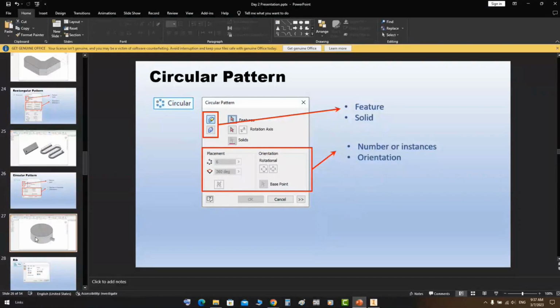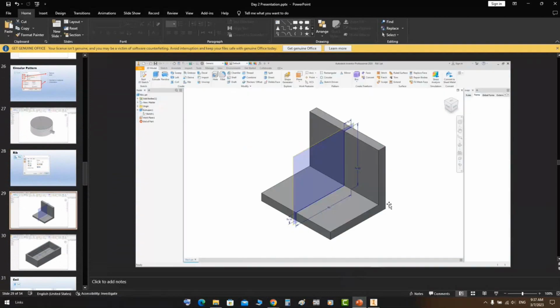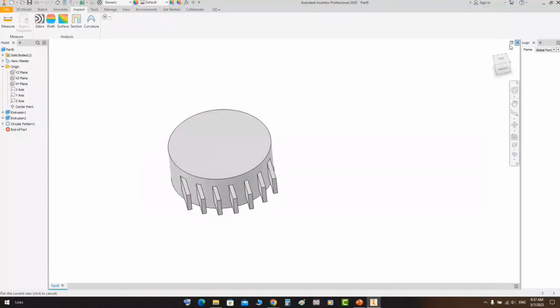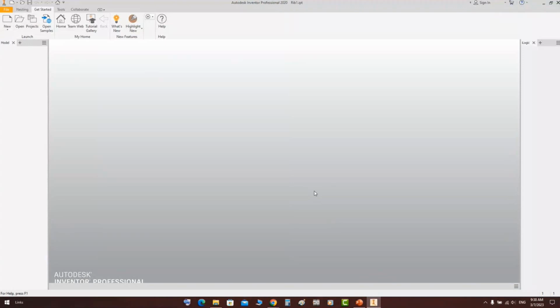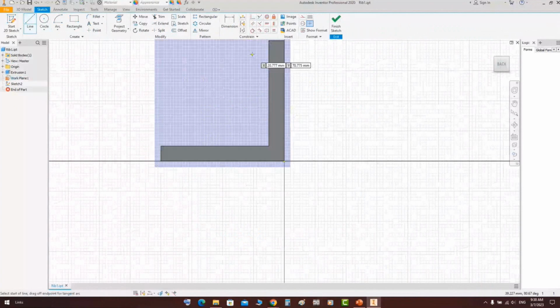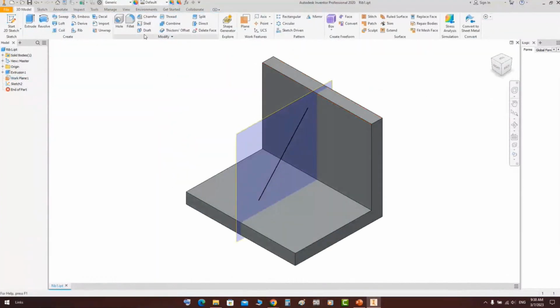Okay, so here we discussed the circular pattern features, and now let's discuss the rib features and how we can make ribs by using the rib tool. Let's close this, and here let's open this part. Let's make a sketch over this plane. Make a line, click finish. Now when we click on rib,